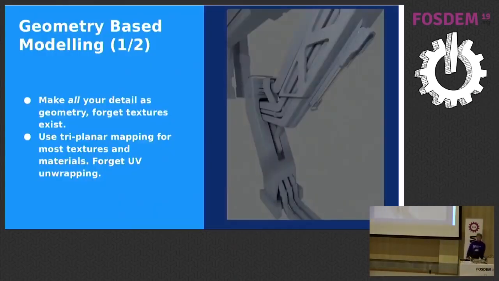So this is geometry-based modeling, which is actually what we use for the demo, this new third-person shooter demo for Godot. This is a really nice technique. It's a very modern technique because you can only do it nowadays. The GPUs are super fast, and the amount of vertices in the model doesn't really matter that much. So what you do is just model all your detail in geometry. Just forget about painting detail in the texture.